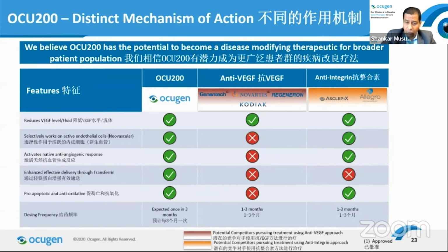And again, compared to products out there in clinical development and on the market, our product can offer many benefits, including reduction in VEGF levels, and it triggers a native angiogenic process, cutting down the new blood vessel formation. It could be a truly disease-modifying product. There are some small molecules in the market or in clinical development from Allegro and SFLX, and they target integrin, and Allegro actually proved integrin targeting works in the clinic. So what we have is a similar target with a large macromolecule, which will have a longer